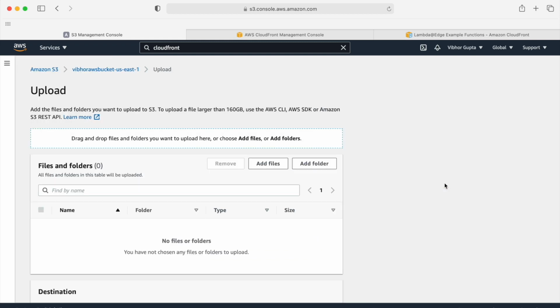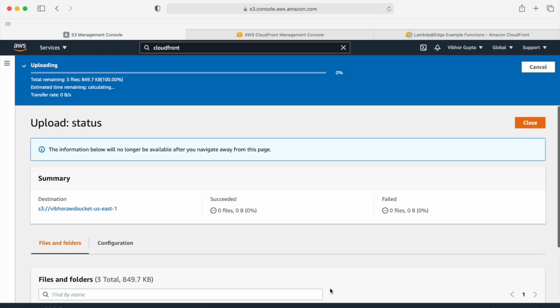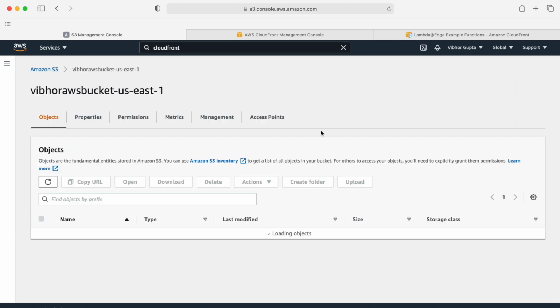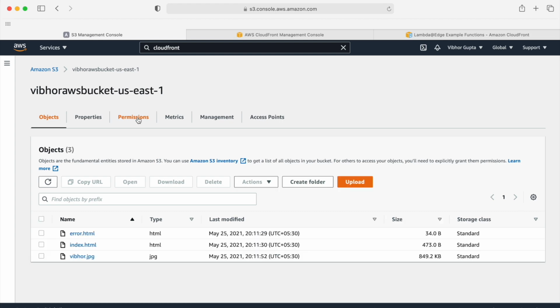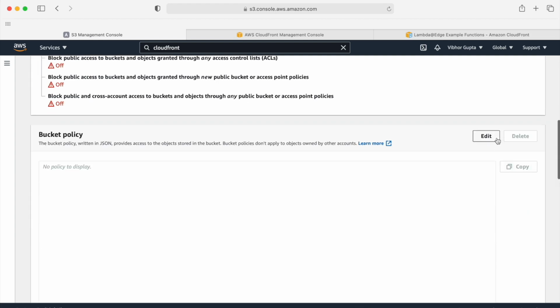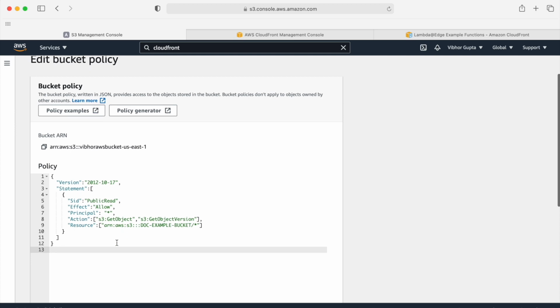Click on Upload, and then add files and folders respectively. Once you have added all your files, click on Upload. All of my files are uploaded, so now I will click on Close. I have to make this bucket public, so I will click on the Permissions tab, go to Bucket Policy and edit the policy. Paste the policy; I will share the link in the description.